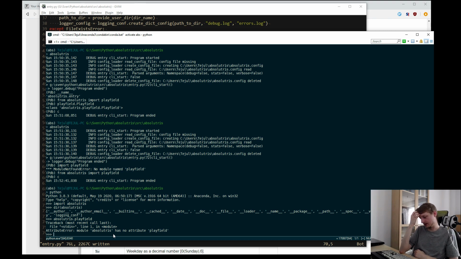What am I actually writing? Am I writing an executable, or am I writing a module which is supposed to be imported in a thing? It's difficult.